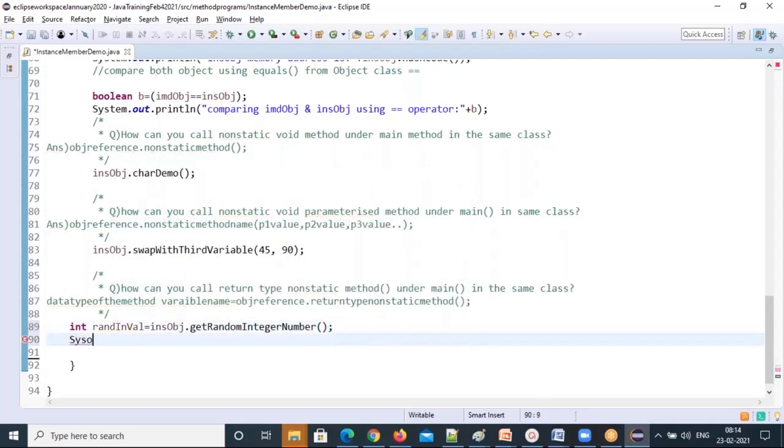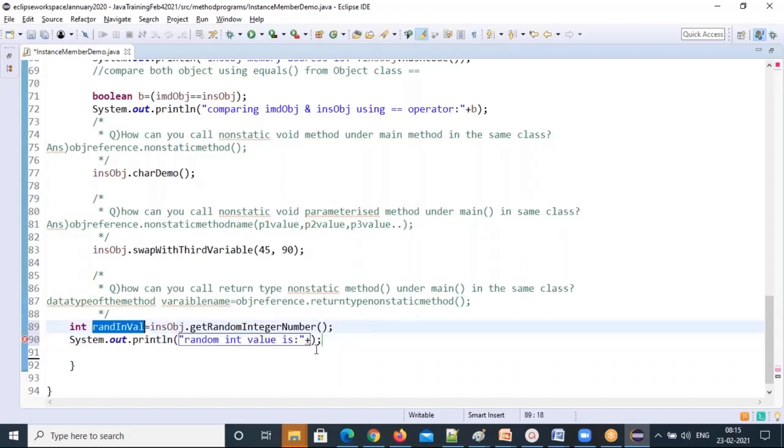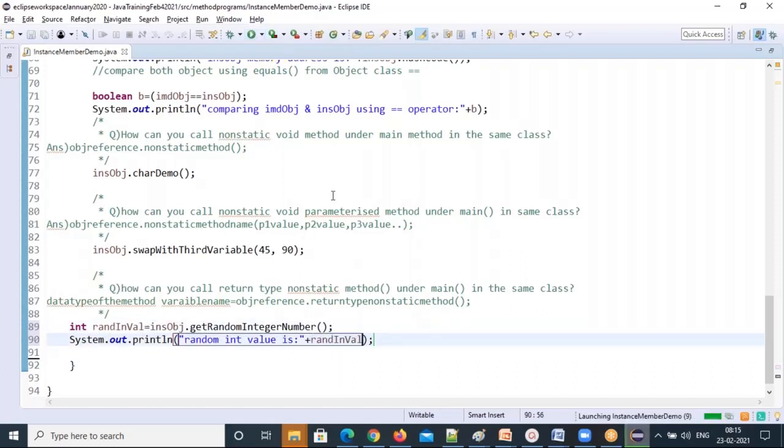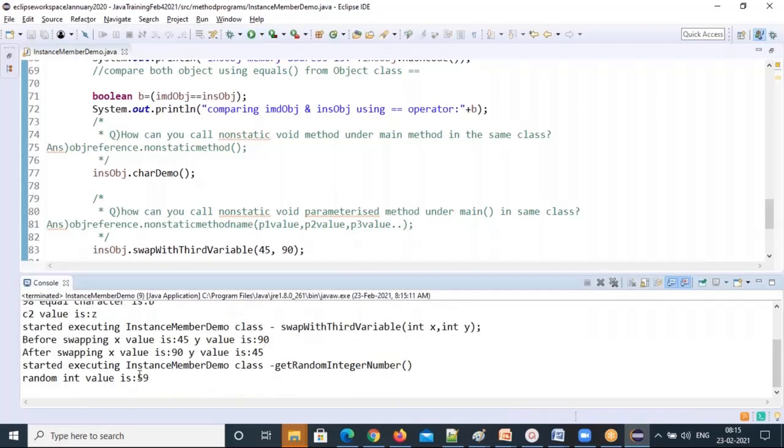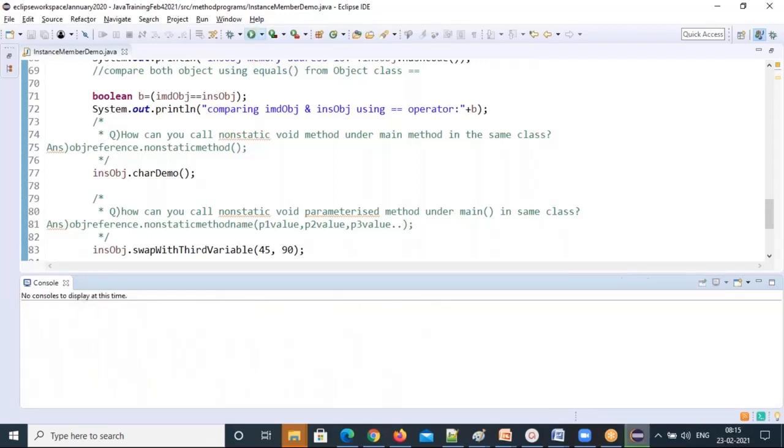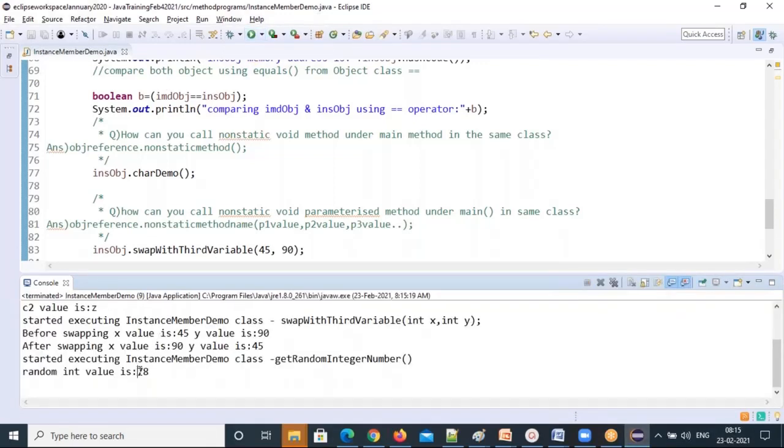Now you can see the random integer value. You can just call this local variable. Every time you run, you'll get a random number, 59 now. Next time you run, it will be a different number, so dynamically it generates 78. If you run one more time, it's different. See that, 24.